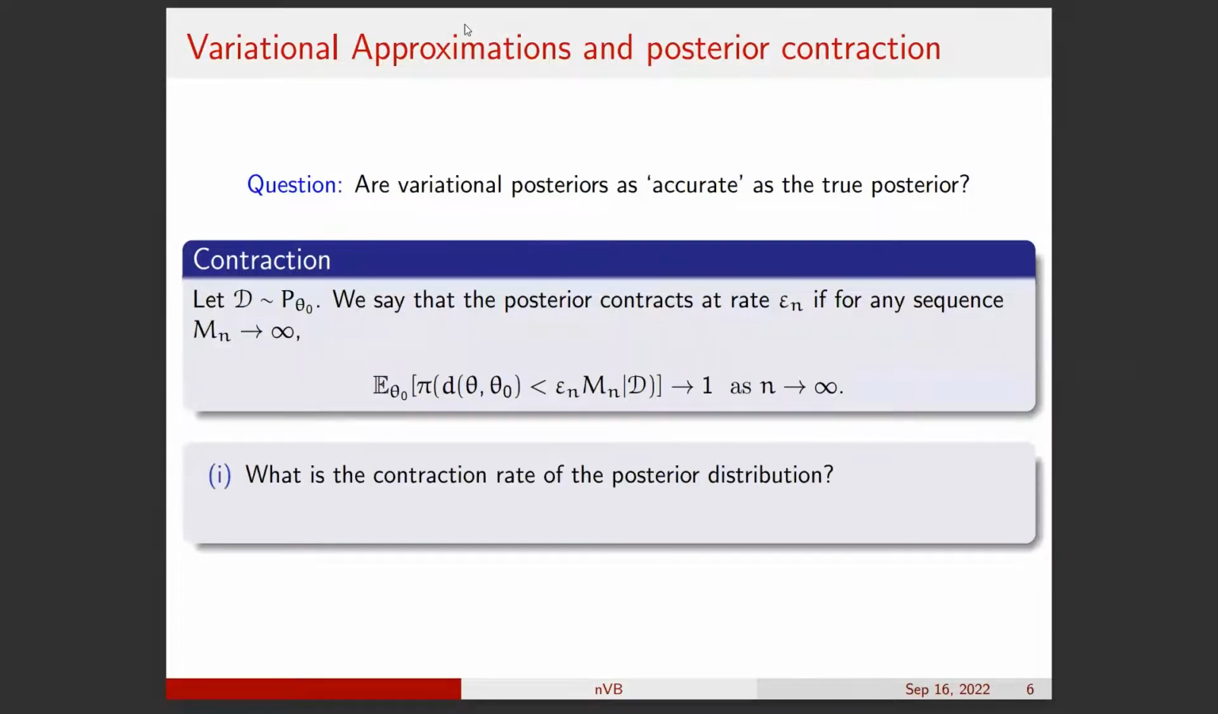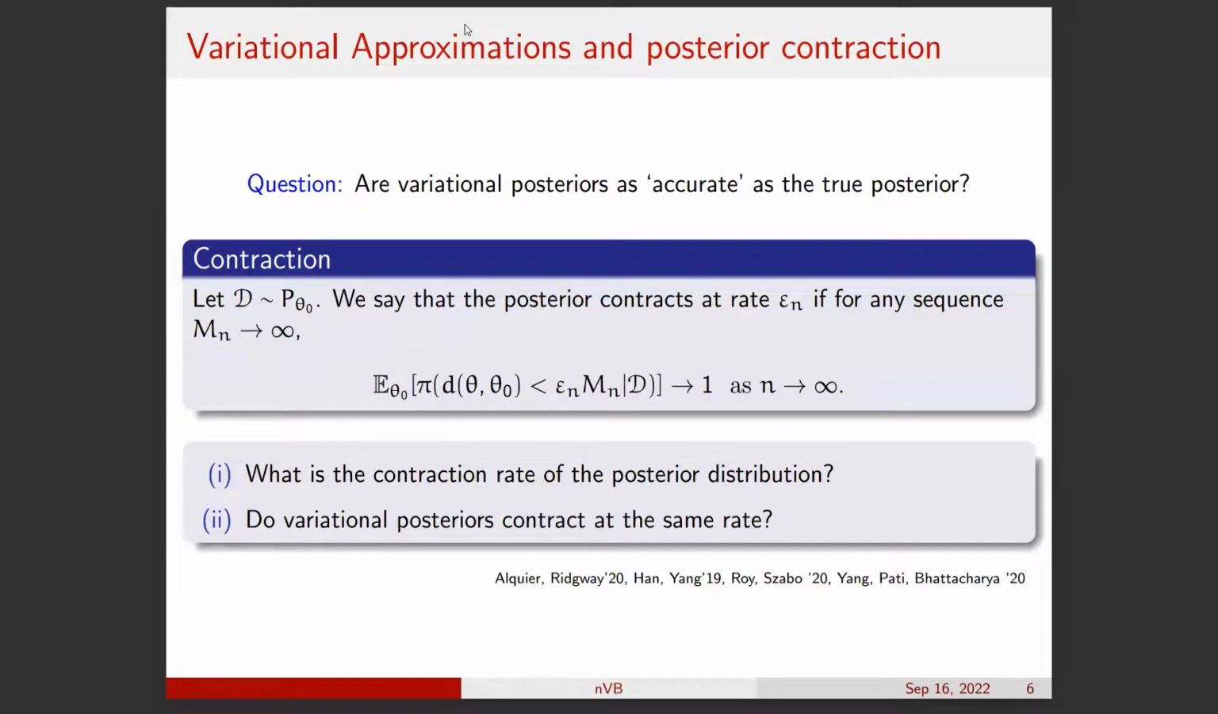Okay, so in this regime, right, when you have contraction, you can say, okay, in these regimes, are these mean field approximations reasonable? Okay, should I actually be using them? Do they perform as well as the true posterior, right? And there has been progress on these questions. I put down some of the references here, but